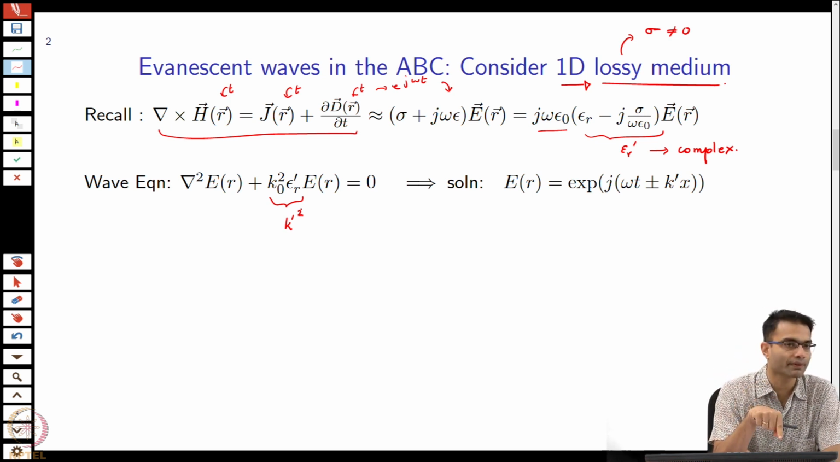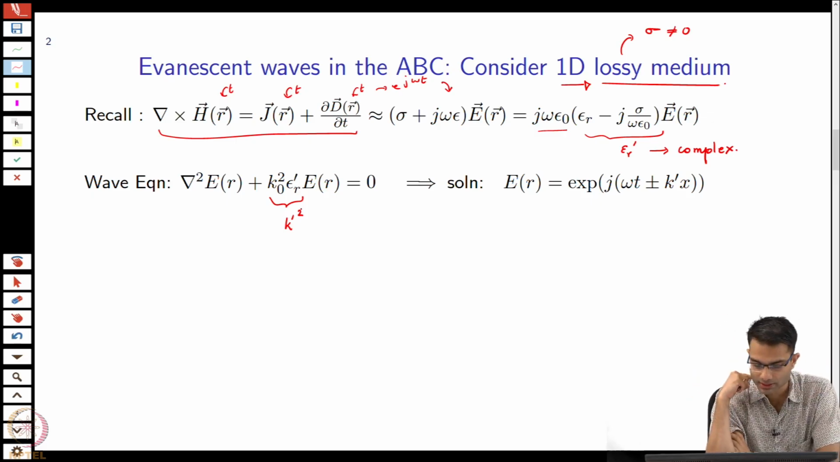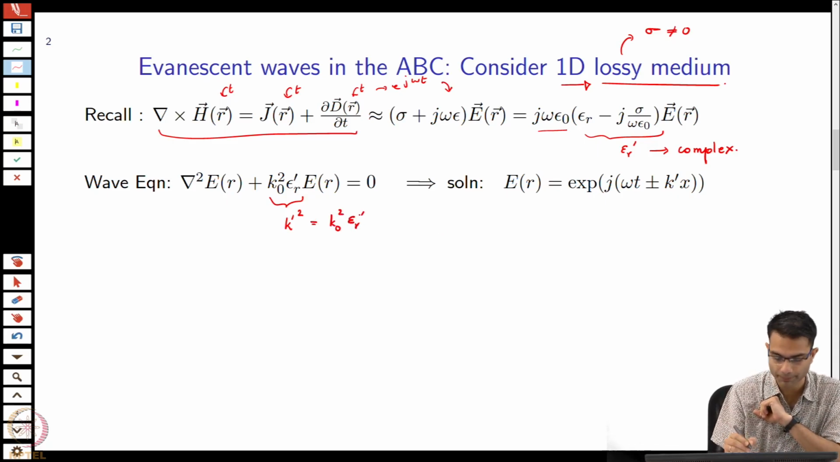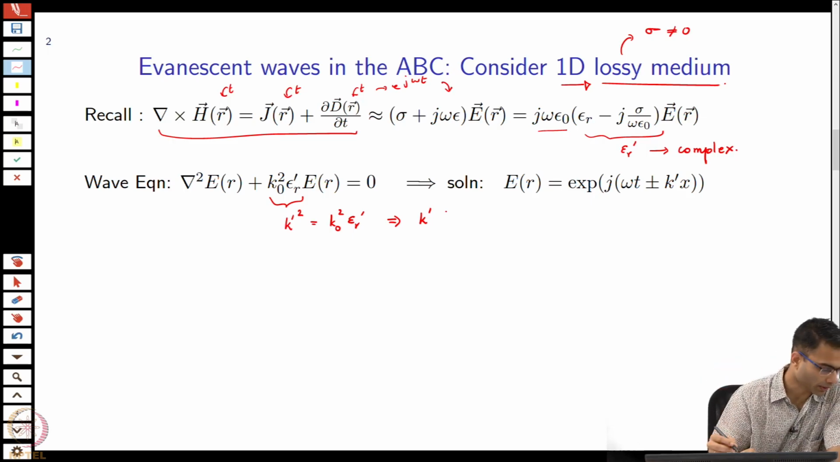When I solve this wave equation, this is the solution that I get as before, no surprises over here. What is this? k prime squared, I have already mentioned, is equal to k naught squared epsilon r prime. And so, from here I can get k prime as just the square root of this expression. The square root of a complex number is going to give me a complex number. Okay. So, I am going to write this as